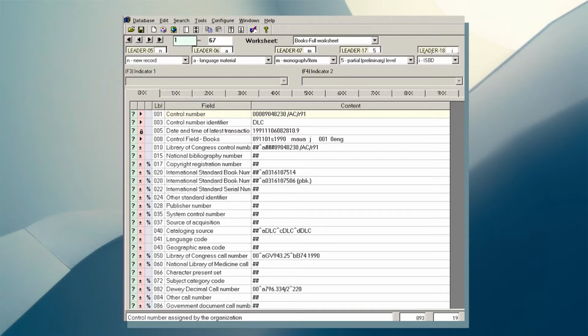Say the 00x tab means all the MARC fields starting with character position 0, 1xx means all the access points like 100 main entry personal name, 110 corporate body, 111 meeting name, 130 uniform title, all will be available under 1xx. Similarly, 2xx will include some very important fields like 245 title, 250 edition, 260 different kinds of publication and distribution area, and the moment you click the plus sign there,